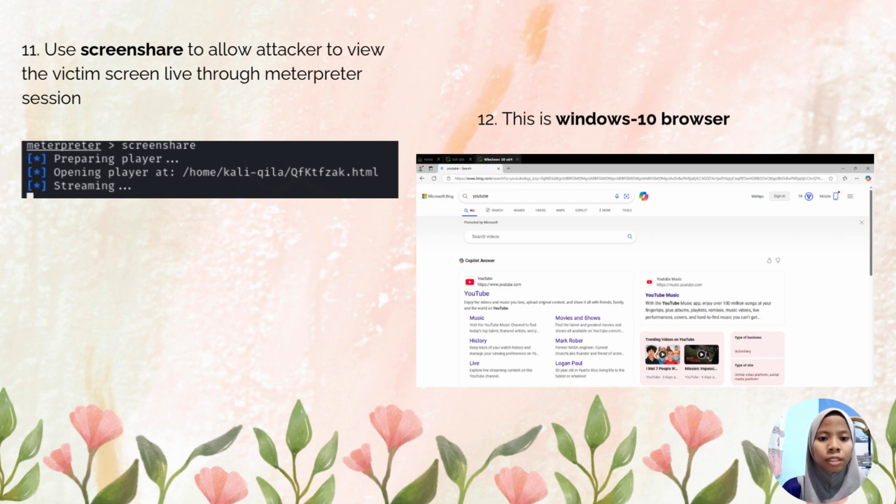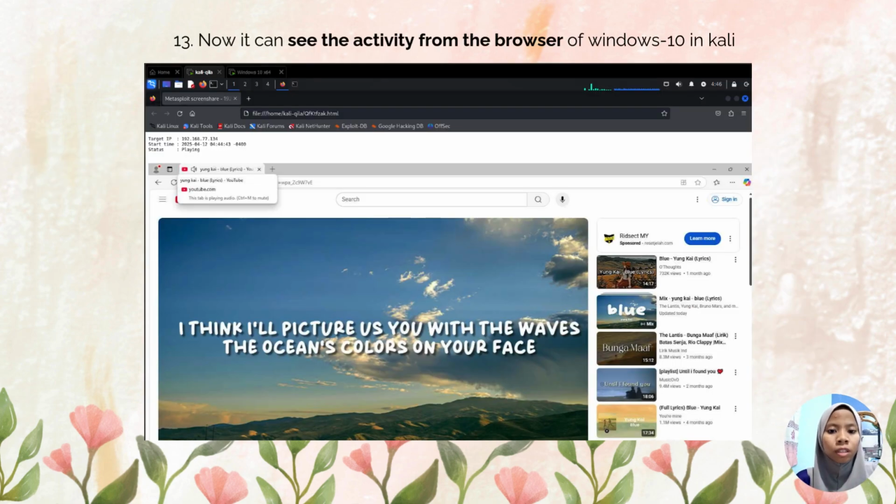And we can see the output is the Windows 10 browser. Now we can see the activity from the browser of Windows 10 in Kali, which is now YouTube.